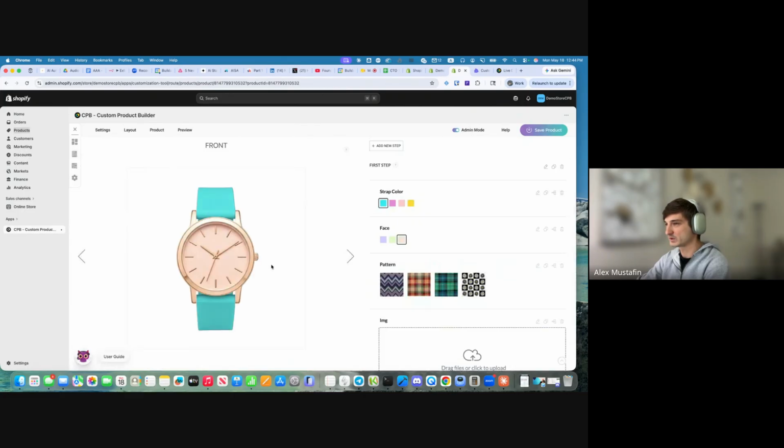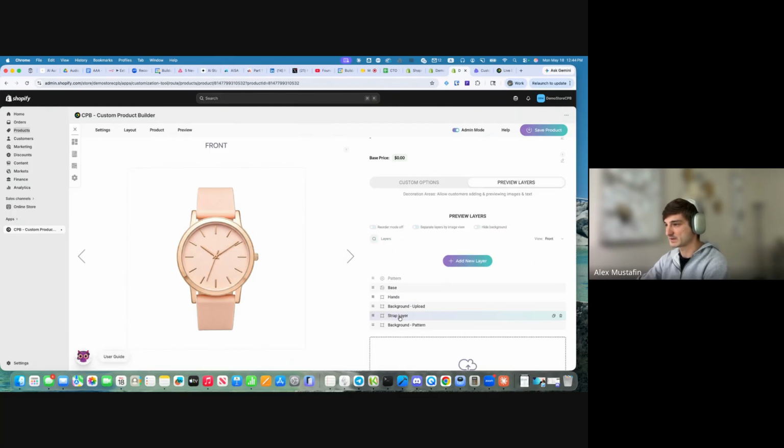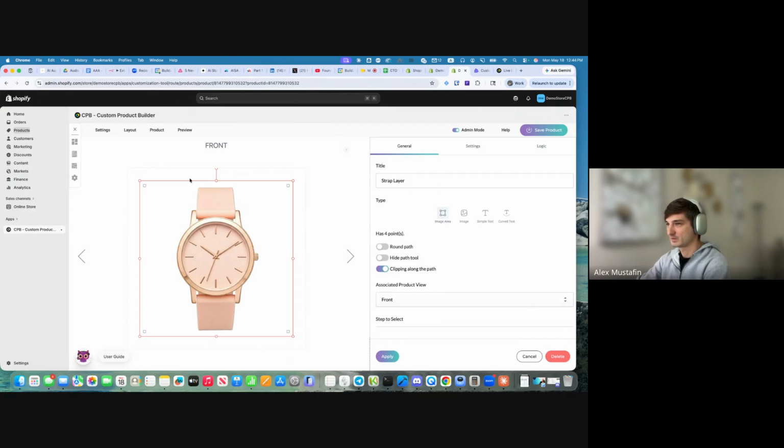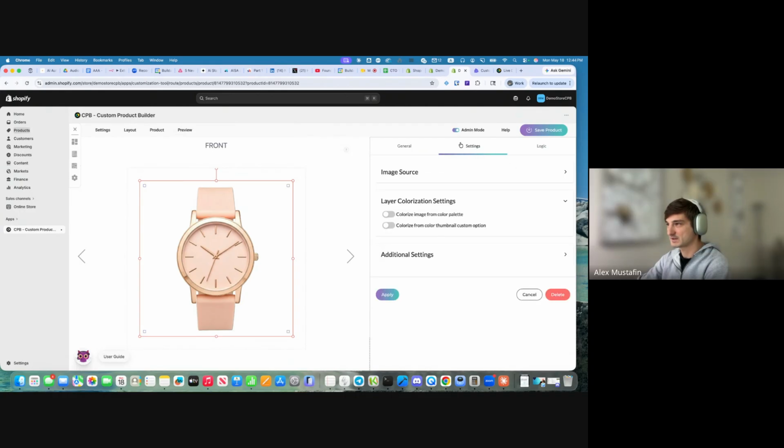If we go, for example, here, this is the strap color. So if we go to preview layers, there is a strap layer here. Strap layer is an image area. A transparent image of the strap was uploaded here. And then under settings,